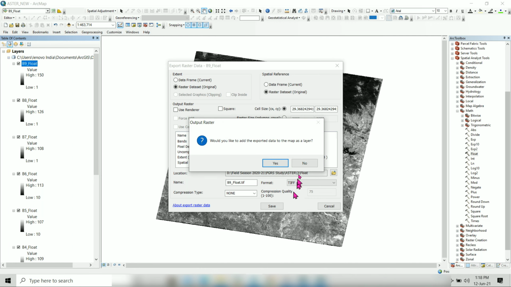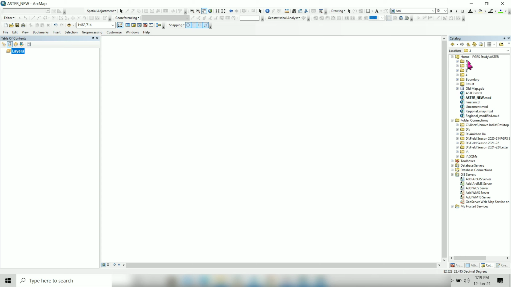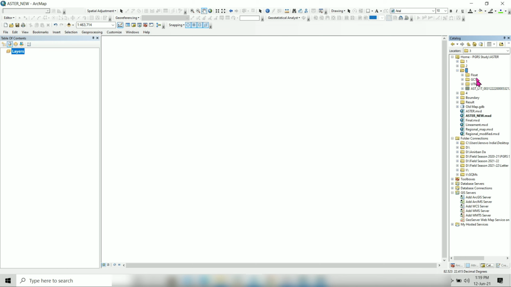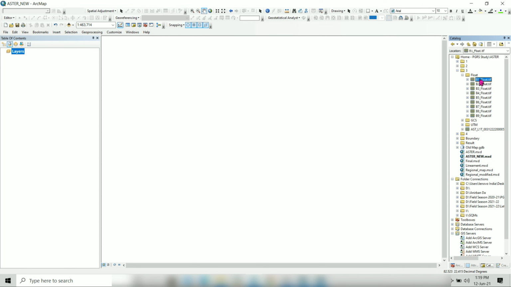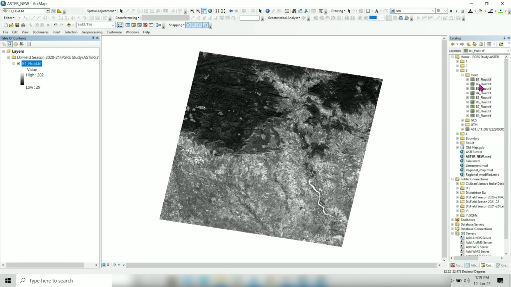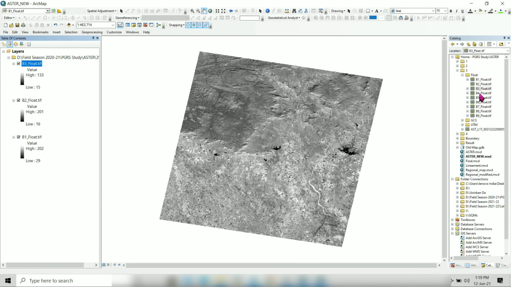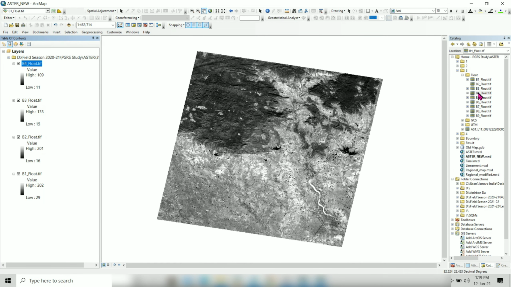The processing is going on. In my example I am doing it for my band 3 number of sheets. As you can see, 3 folders have been made. In the next step, bring all the bands to the table of contents.